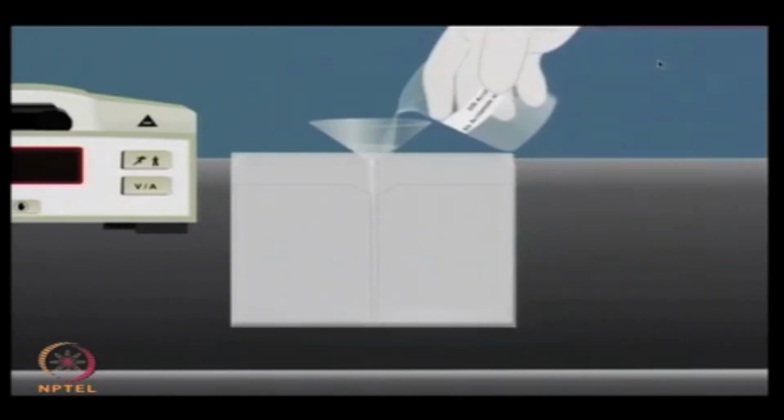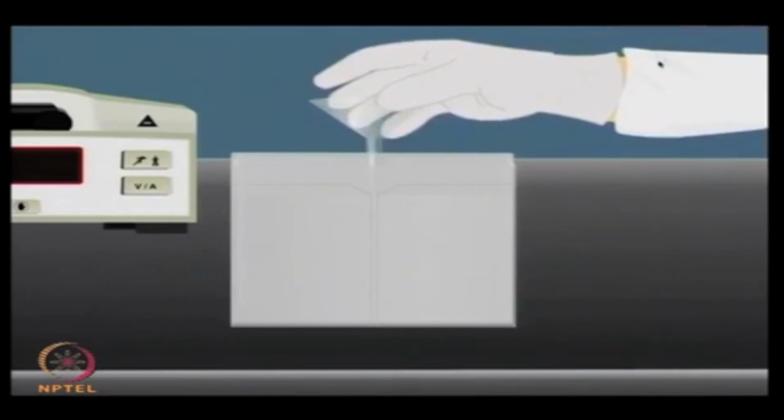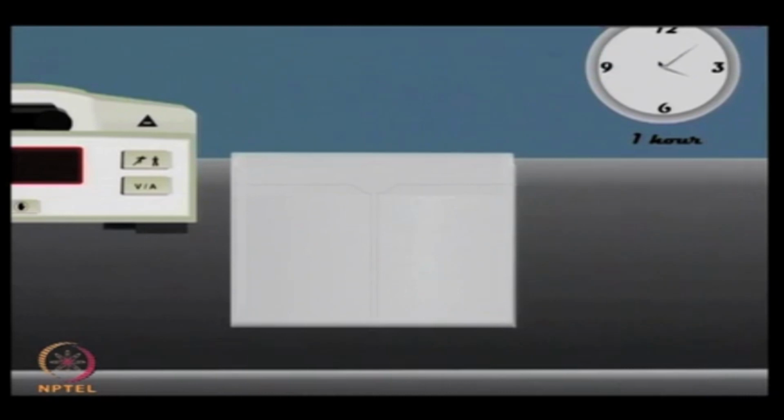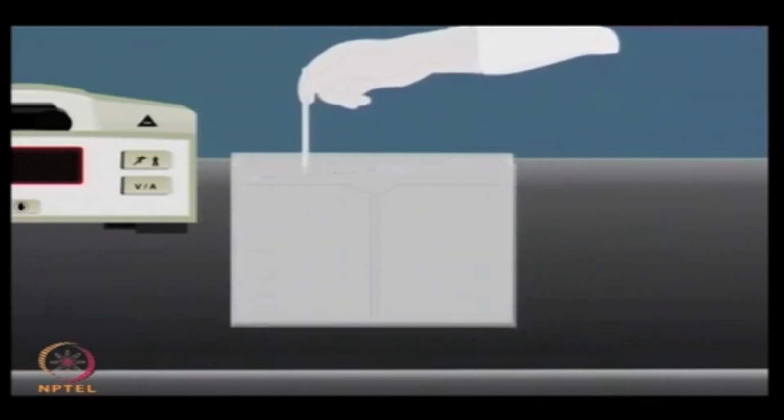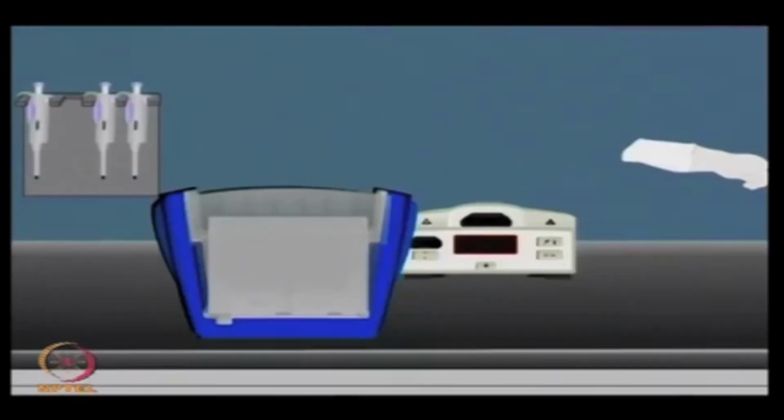So, SDS-PAGE, which constitutes the second dimension of two-dimensional gel electrophoresis, involves assembly of the gel apparatus, gel casting, equilibration of IPG strip, followed by placement of the IPG strip on the gel and protein separation. So, prepare the gel casting solution consisting of acrylamide, bisacrylamide, Tris chloride, SDS, APS and TEMED. Once the gel is polymerized, then you can add the IPG strip,